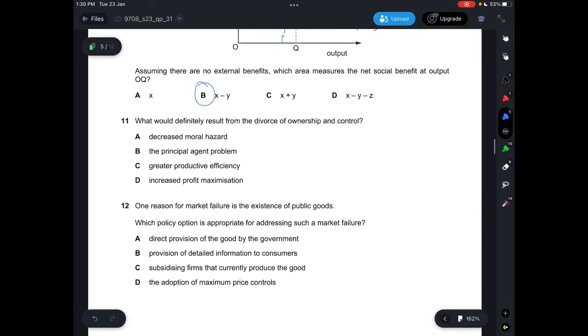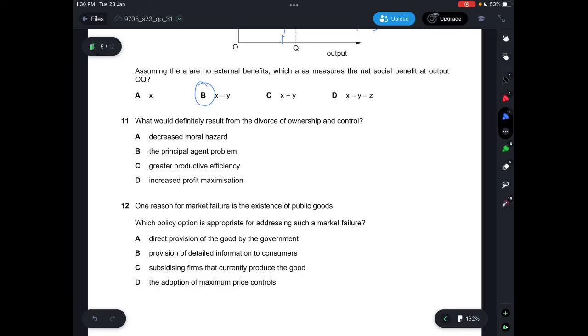Question 11. What would definitely result from the divorce of ownership and control? So ownership and control, basically management and also manager. So shareholders and the manager. So if, let's say, there's divorce, it will result in increased moral hazard, because